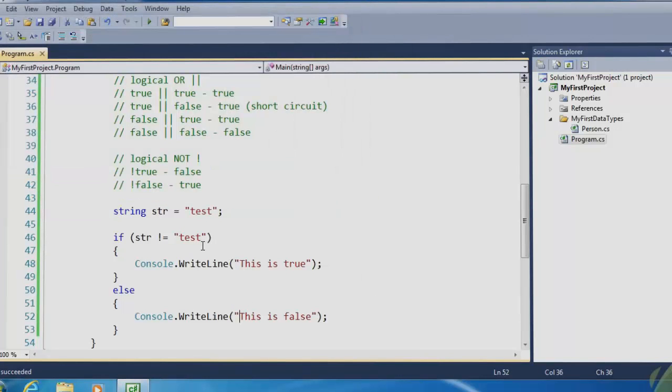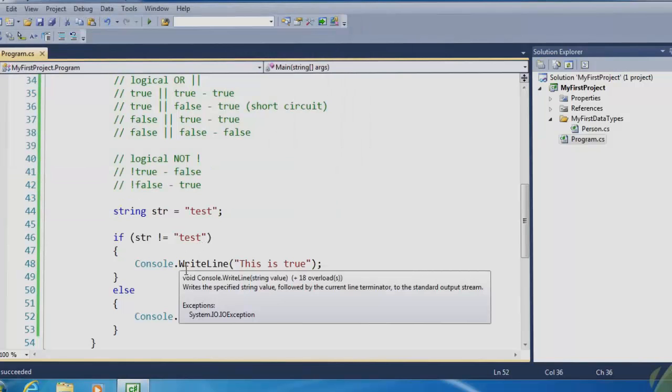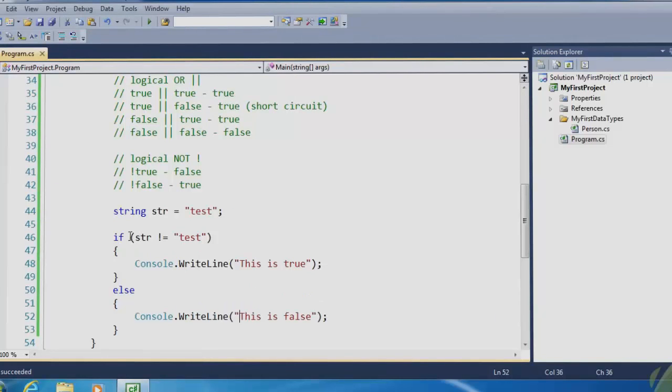Now there are times when we want to do multiple cases. Like for example, we have one condition here, but if this is false, we might want to evaluate another condition. If we want to compare str to several different strings, for example. So let's change some of these. And all we have to do is do an else if. Instead of else, else if. And this will allow us to